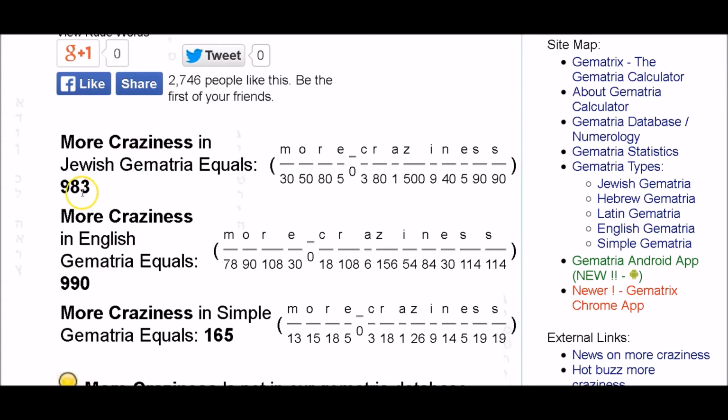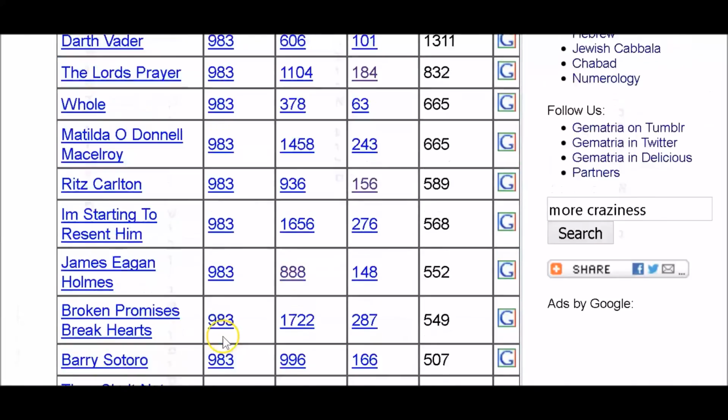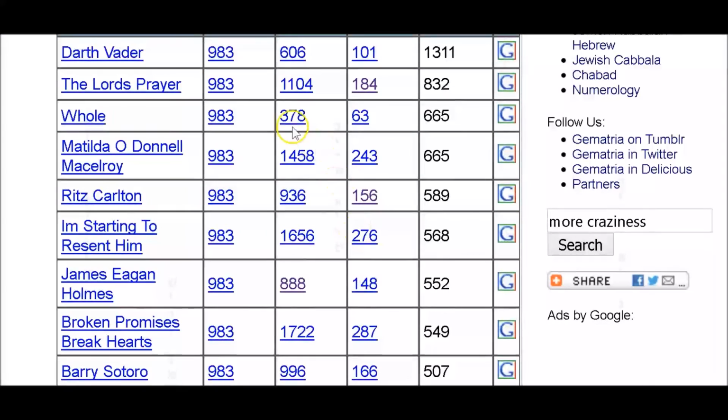There's some really weird numbers here. Okay, so here's your 9/11. This is a 99. And then 165 turns out to be an important number because if you multiply it by 6, it's 990. But let's go back down here. Actually, first of all, let's look at the, oh my goodness gracious. So more craziness. Here we have, these are our headlines. The Jewish gematria matches with Darth Vader, the Lord's Prayer,